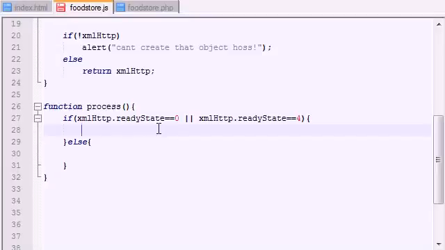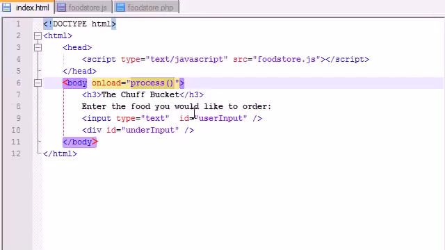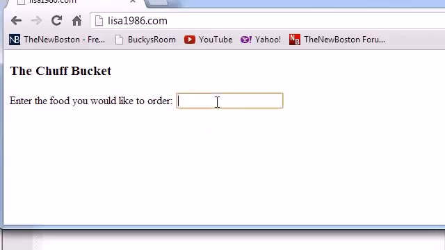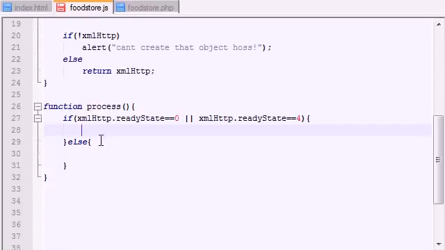Alright, so what do we want to do if our object is ready to go? Well, the first thing we need to do is get whatever the user typed in here. So if they type cheese, we want to get the value of cheese. How do we do that? Well, in JavaScript, you create a variable, and we'll just call this food, and set this equal to encodeURIComponent, and I guess the easiest way to do this is this